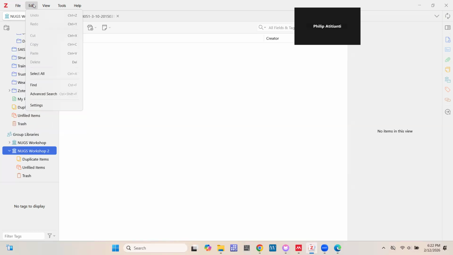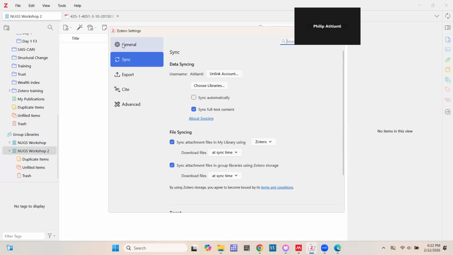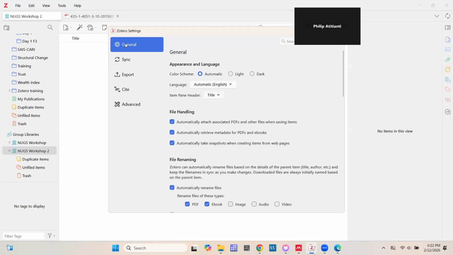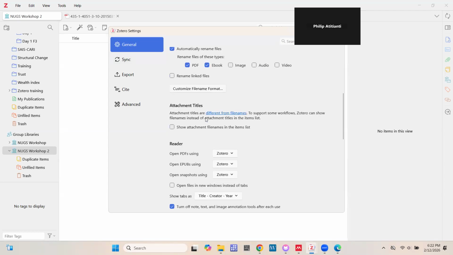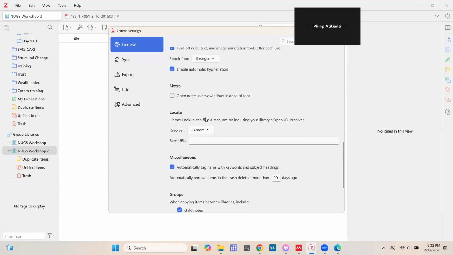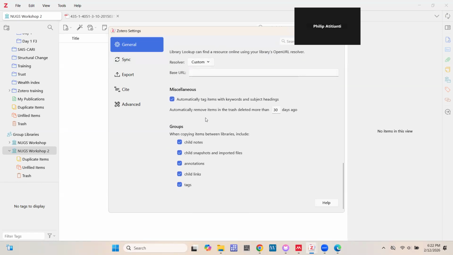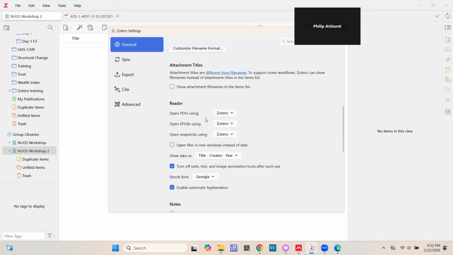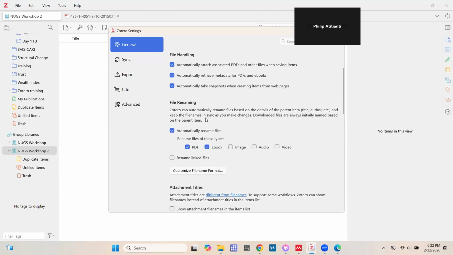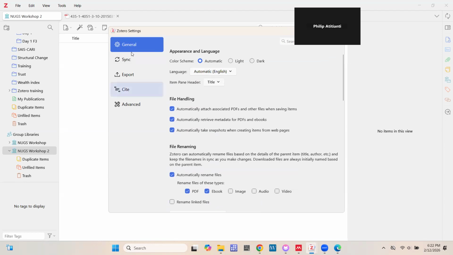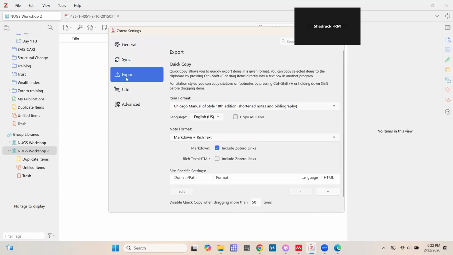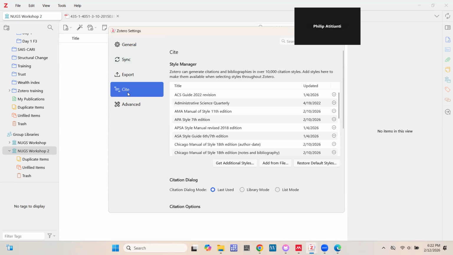If you go to edit and you go to settings, we have general over here. This general basically gives the opportunity to make some changes to how you want your Zotero to operate. And then exports here basically help you to export sites.